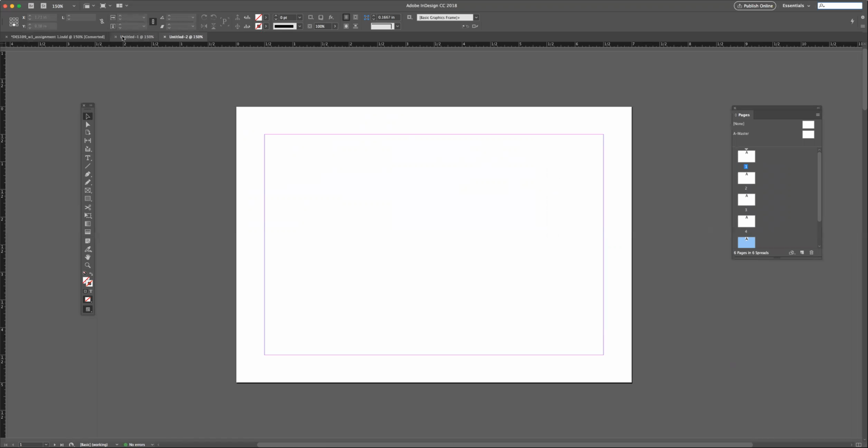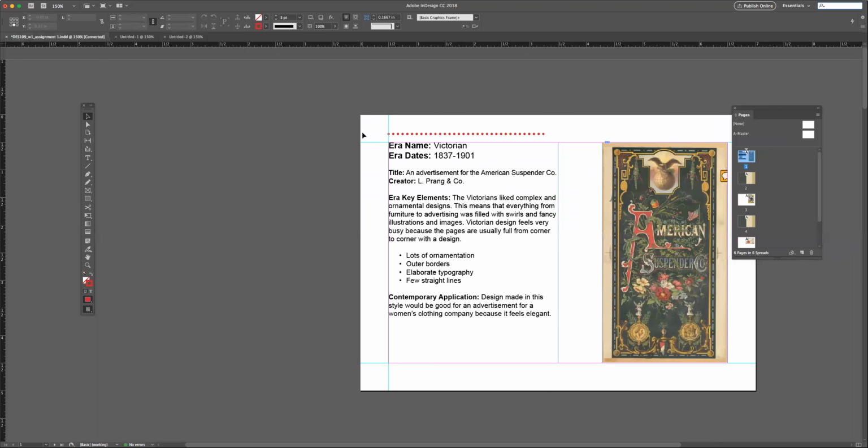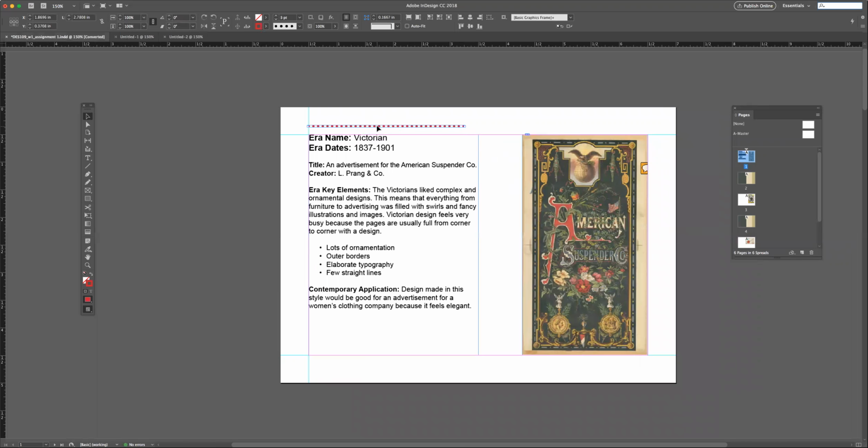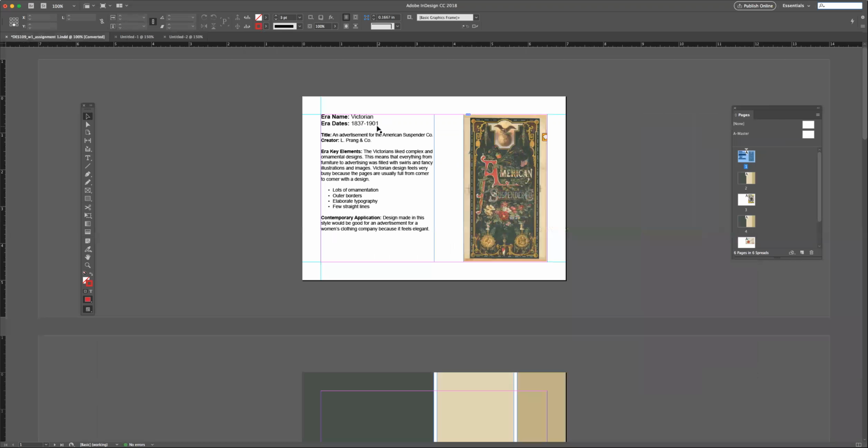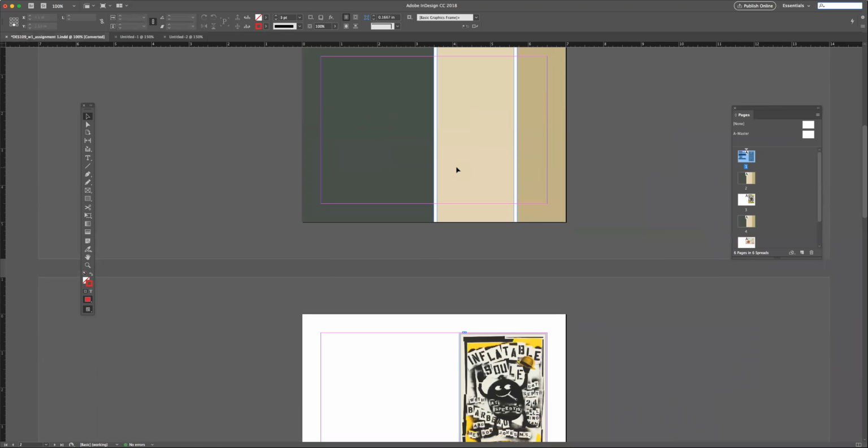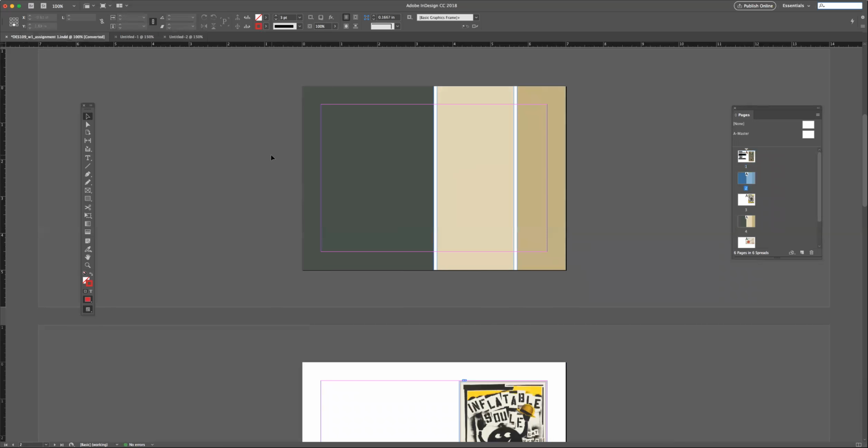Okay, so for ease and time, I went ahead and laid out the assignment. So I'll just show you real quick what it looks like. I'll zoom out here. So this is page 1. You've got a block of text on the left and then your image on the right. And then I did just a quick basic design on the back, and I'll show you how to do that in just a minute. I just grabbed the rectangle tool here, and you click and drag,